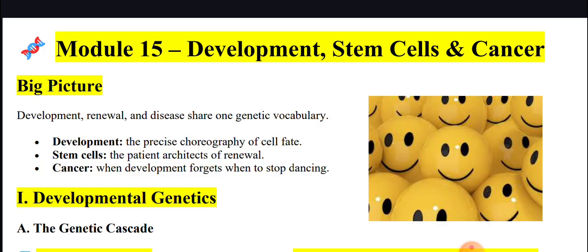And finally, the dark side. Cancer. This is where that beautiful developmental dance, well, it forgets when to stop dancing. Right. The music keeps playing, gets way too loud, becomes chaotic, destructive. So we're going to start right at the beginning, tracing that initial genetic cascade, how the very first blueprint gets